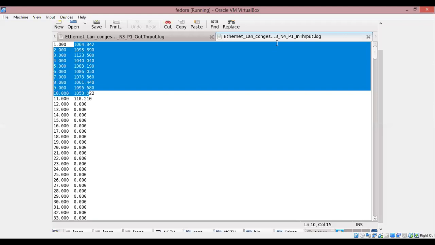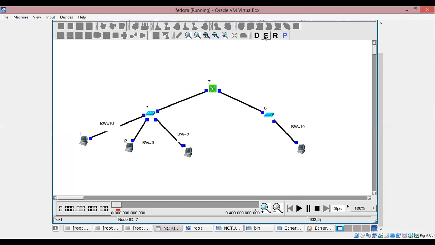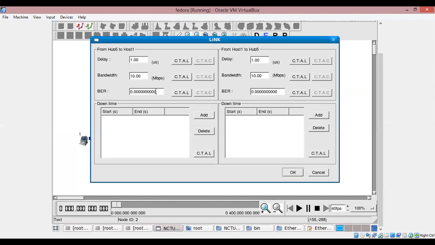So where should you change? You should go to this, and then I'm going to go to edit mode now. Okay, so in the same link, I'm going to change BER. So this is 1, 2, 3, 4, 5, 6. I'll keep sender 1 at 0 itself. Okay, sender 2, I'll keep it at, BER is 1, 2, 3, 4, 5, 6, 7, 8. So 10 power minus 8.